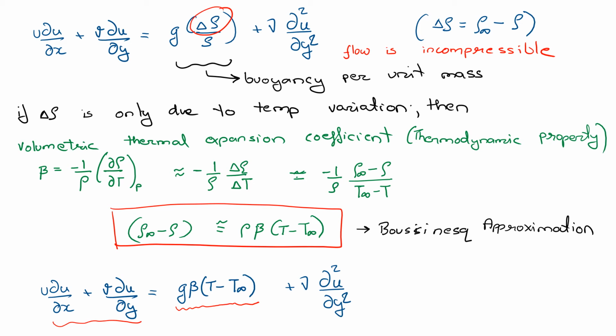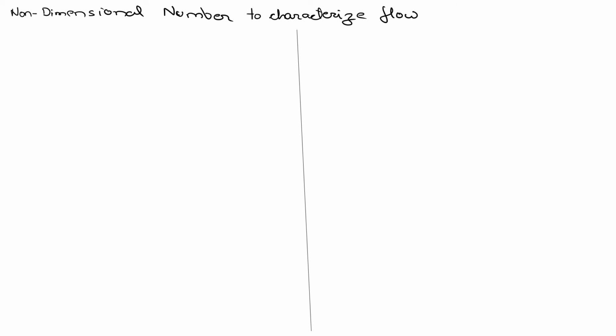So our next step would be to translate this equation right here into a non-dimensional form. That means we'll have to use some normalized variables. So to find the non-dimensional numbers, what we'll do is that we'll use the modified momentum equation that we just calculated, and we'll substitute and we'll normalize our variables in the equation. So what does normalize mean? That we will